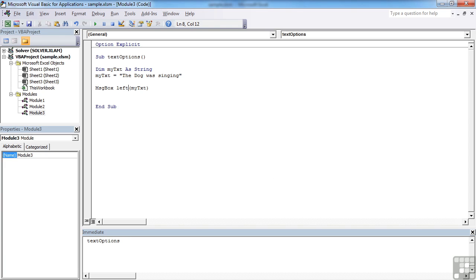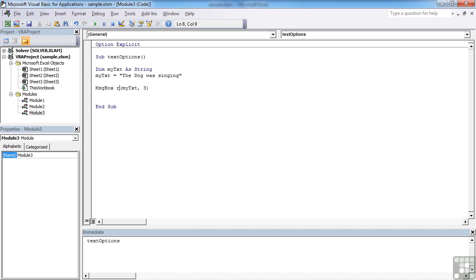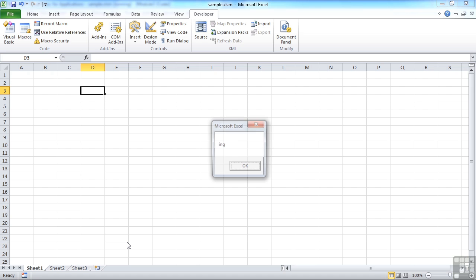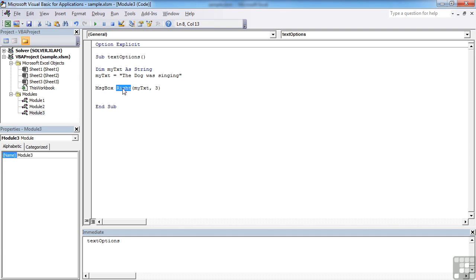I can use a left function to return so many characters from the left, so the first 3 for example, which will give me "the". I can use a right function, and I could use right 3 to give me the last 3 in the string, which is "ing". Or if I want characters out of the middle, I can use the mid function,